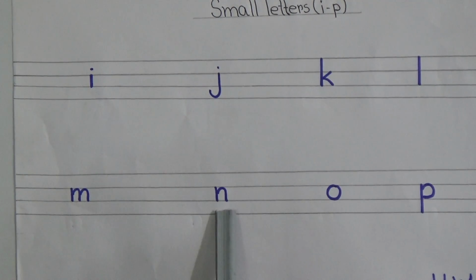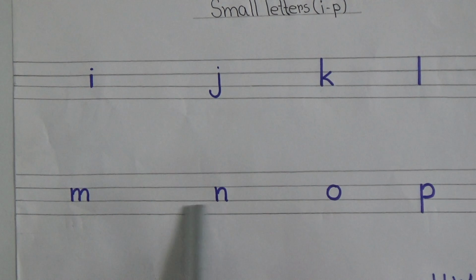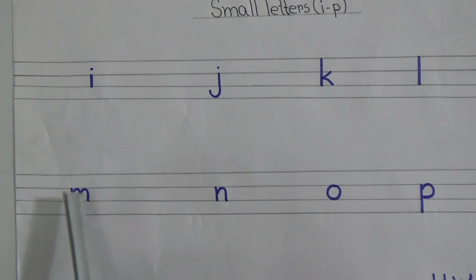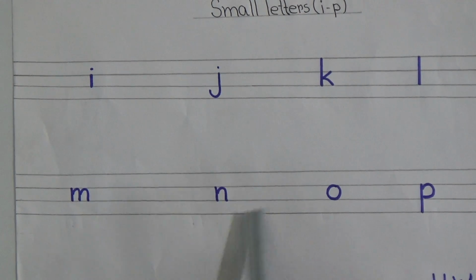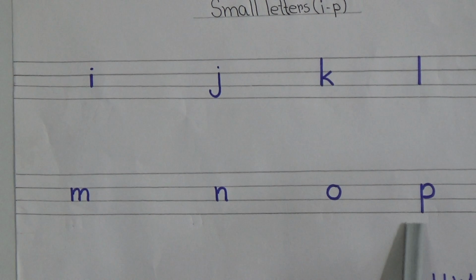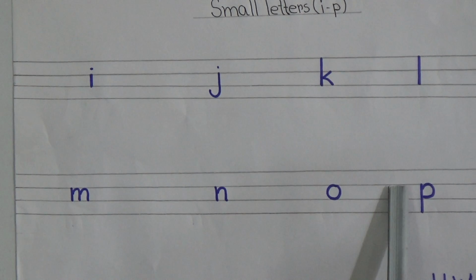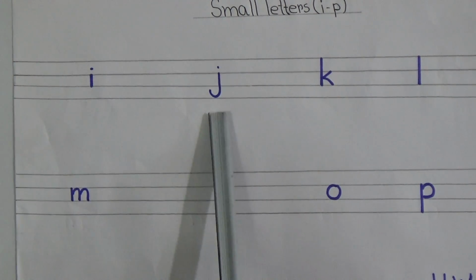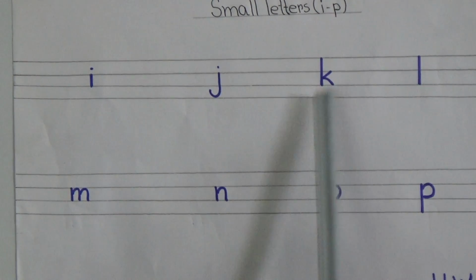M, N, O. These three letters we write in the middle of the two lines. M, N, O, P. And P will start from the first line and end at the last border line. You will start from the first two lines and end at the last border line. And again I am saying I, J, K, L,